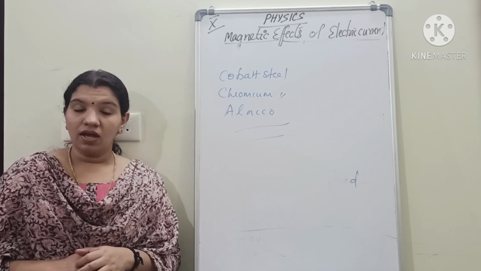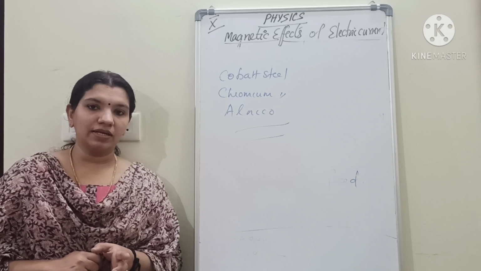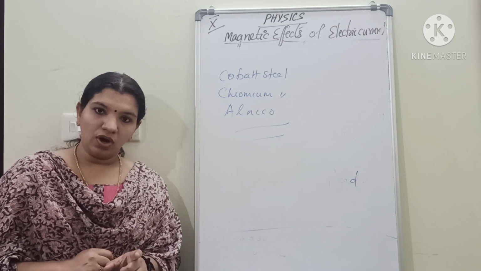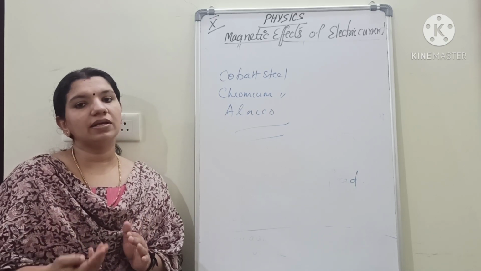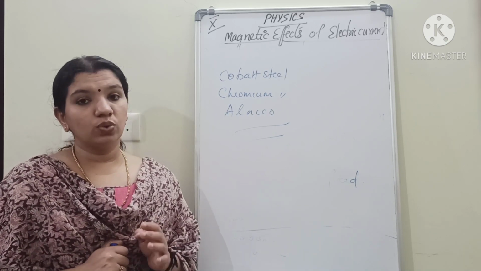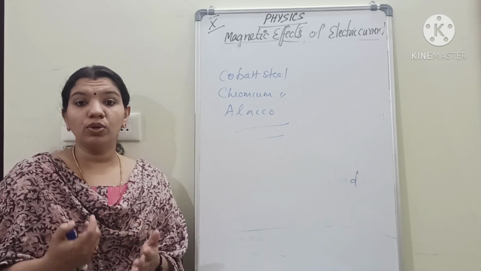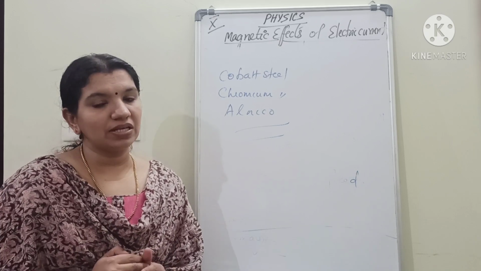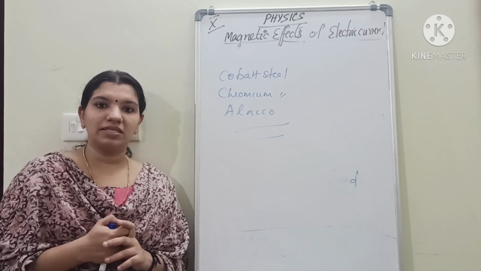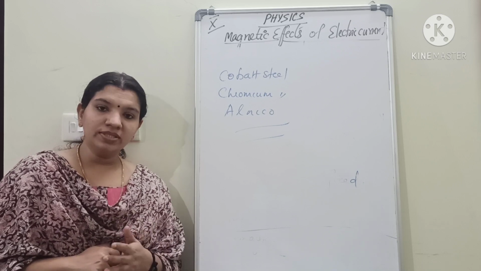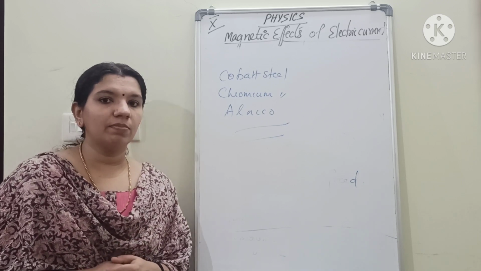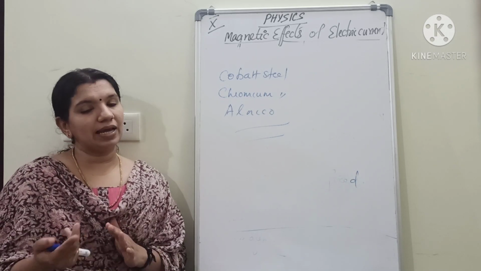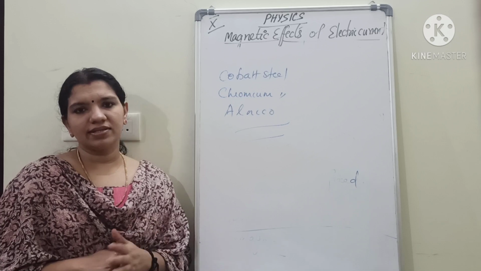So today we have discussed the magnetic field due to a current carrying circular loop, then the solenoid, then the magnetic field lines for a solenoid, and electromagnets. How can you produce an electromagnet with the help of a solenoid? Why are we using or preferring soft iron instead of steel like materials? Then the uses of electromagnets, the uses of permanent magnets, then the comparison between a permanent magnet and a temporary magnet, or an electromagnet and a bar magnet. So many things we have discussed.